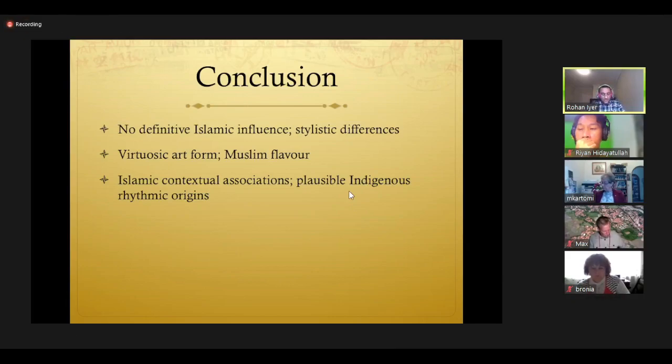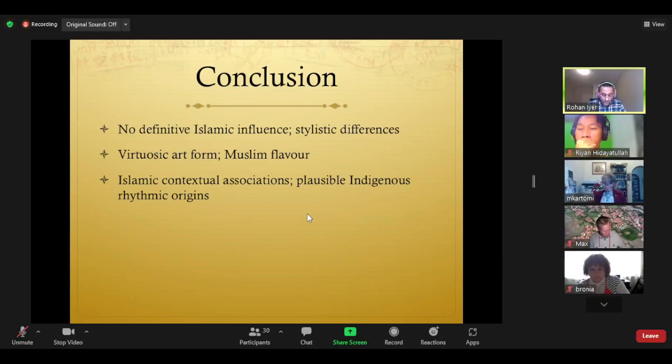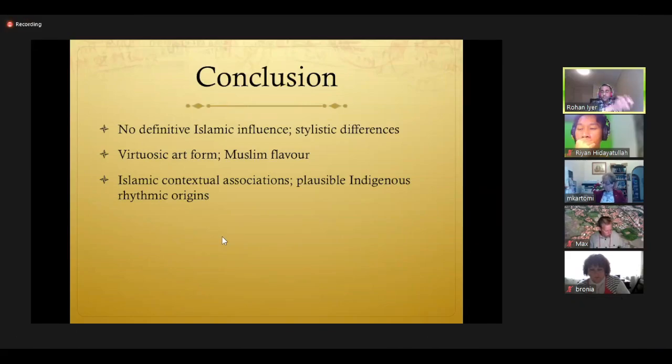As such, no strong links can be made between religion and rhythm, except for a few occasional occurrences, such as the La Ilaha Illallah motif and motif C. However, the correlation with text is an avenue for further research in this regard.